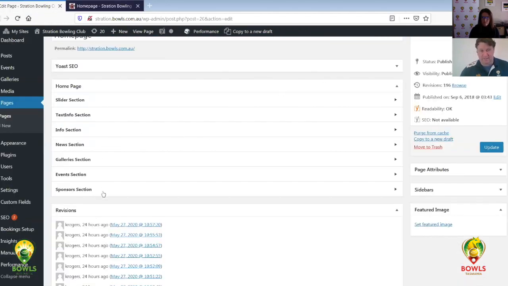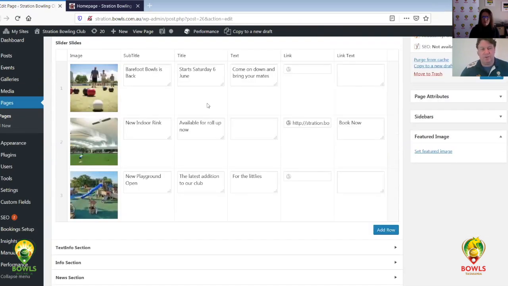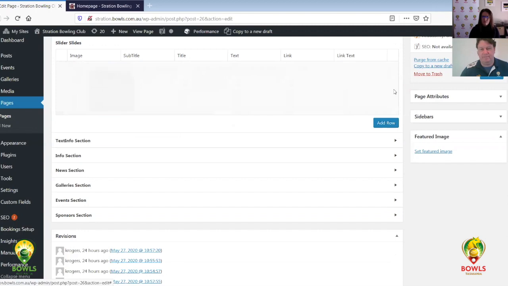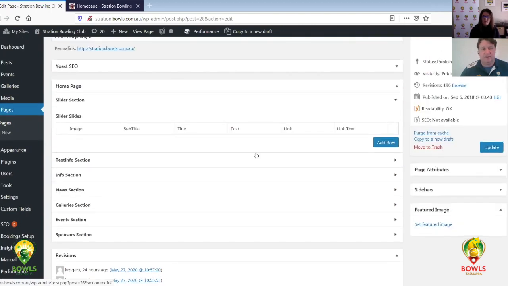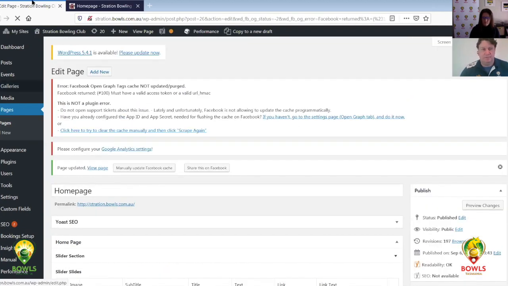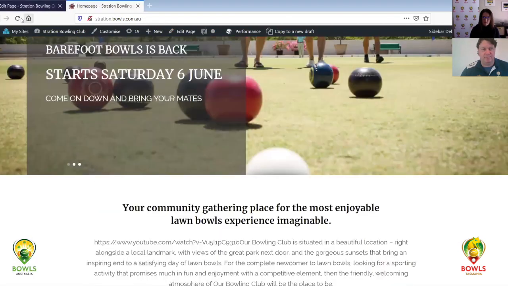Every section that's here, you can either use them or not. So for instance, just to give you an example, you may say, I don't actually like having any of these sliders. So I can go through and remove all of my sliders. And then this beautiful button over here, the big blue update, is your best friend. Whenever you press that, what it will do is save a version of your page. So I'll just wait for this to finish spinning. And when I go out to my home page and I refresh it,